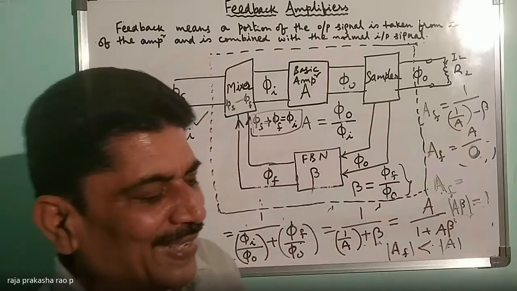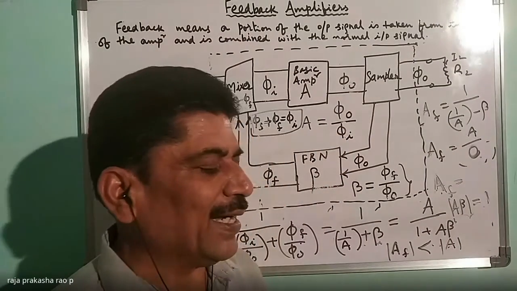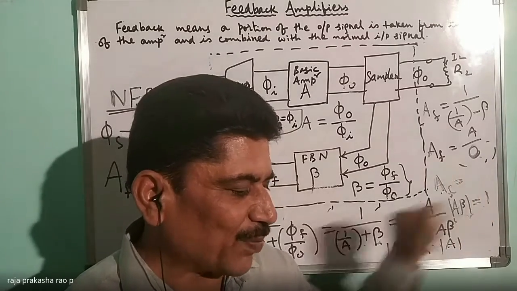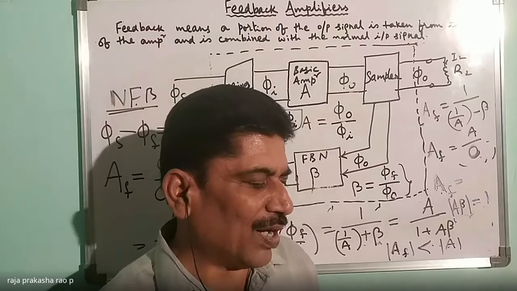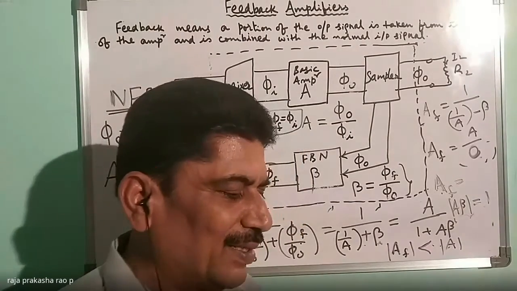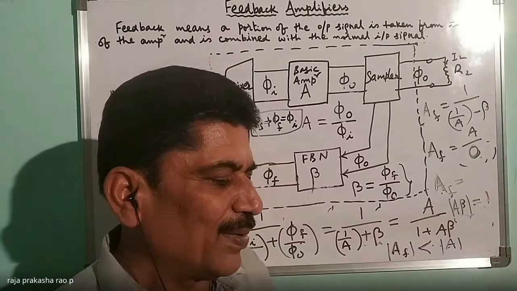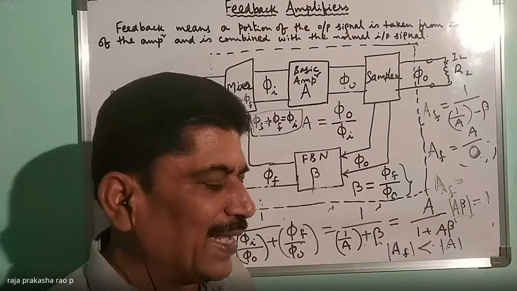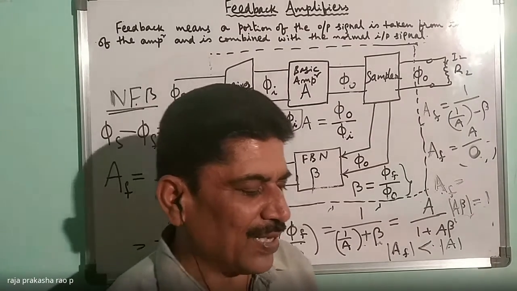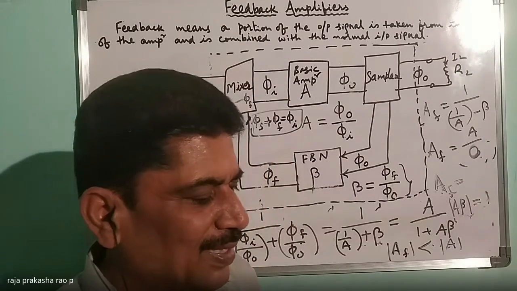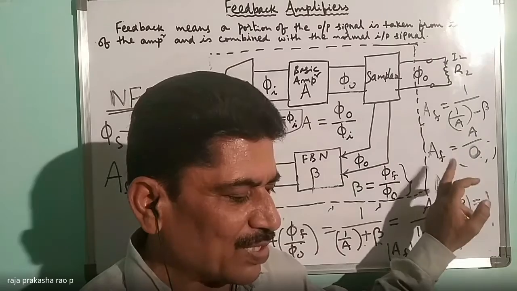So without applying any input signal, we will get an AC signal. That is the advantage of AF. For positive feedback, without applying any signal, or you just give a DC signal, 0 frequency, then you will get an AC signal as output. That is nothing but an oscillator. So in the second part of the second unit, we'll discuss the oscillator that is based on this positive feedback.